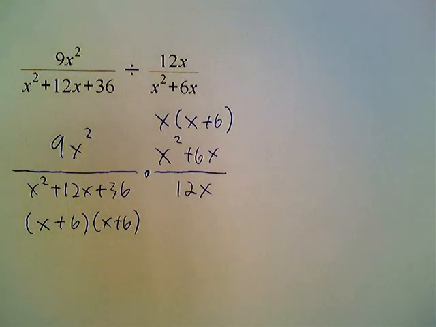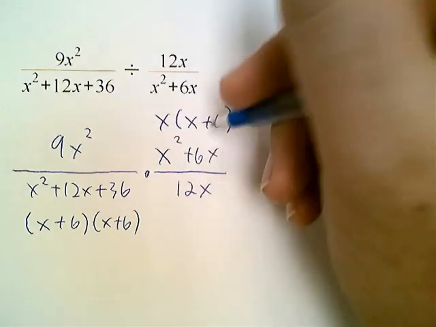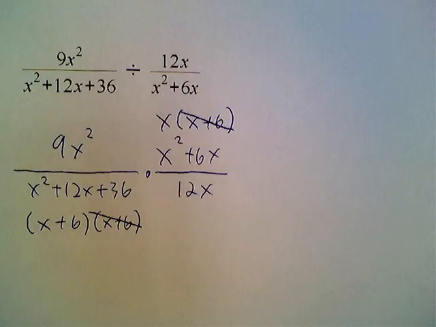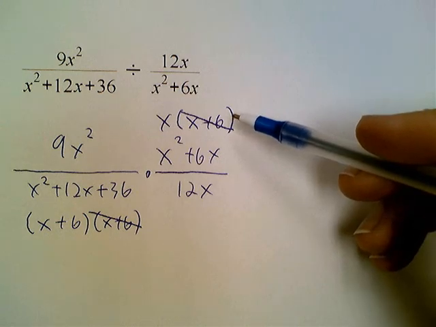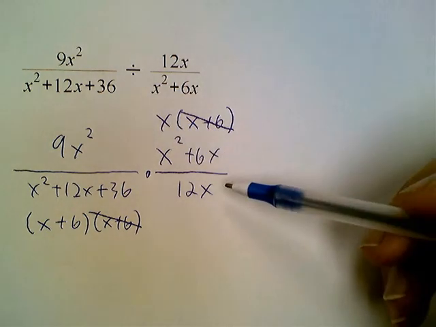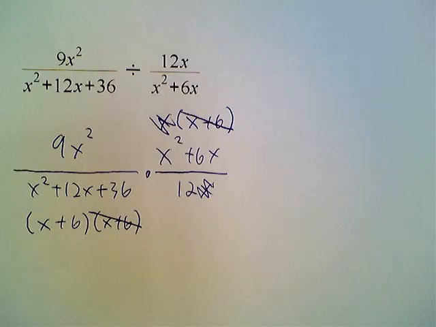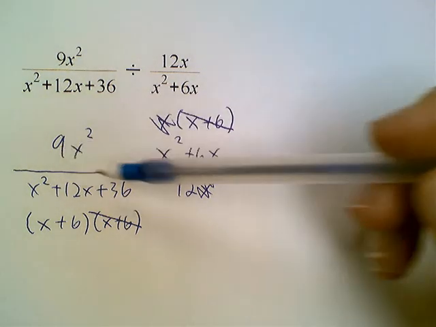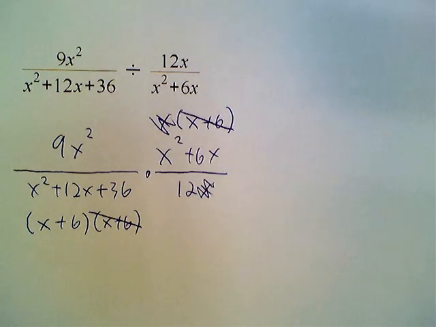And now I can start canceling. You can see there's an x plus 6 here, and there's two x plus 6's here, so I can cancel one of those x plus 6's out with the numerator of this fraction. I have an x here and an x here, so I can cancel those out. And then I have a 9 and a 12. Do 9 and 12 have any factors in common? They do. They both have a 3. So